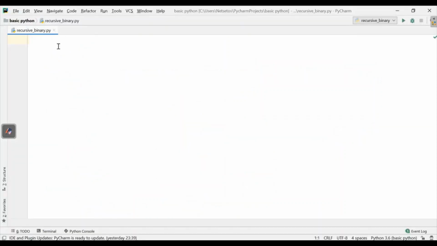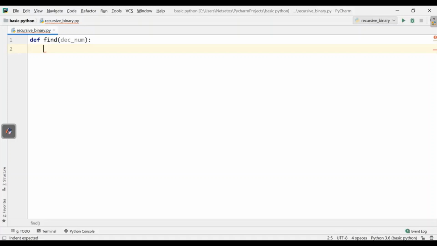Now here I have made a new file with the name recursive underscore binary, as I have to convert a decimal number to binary. So for this, I'll start by making a function with def find, and here I need to give my decimal number, so I'll write num. Before starting a program, we should have one thing in mind.